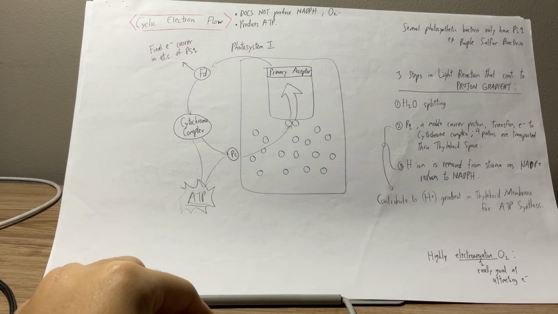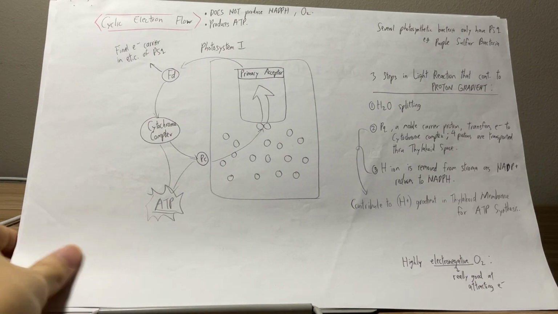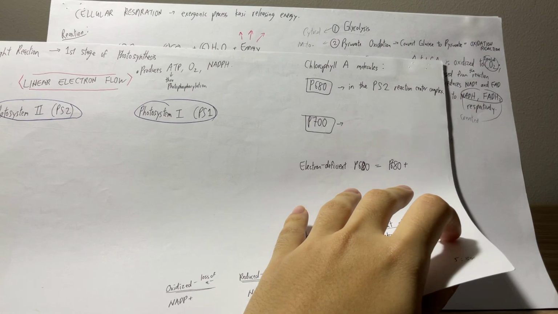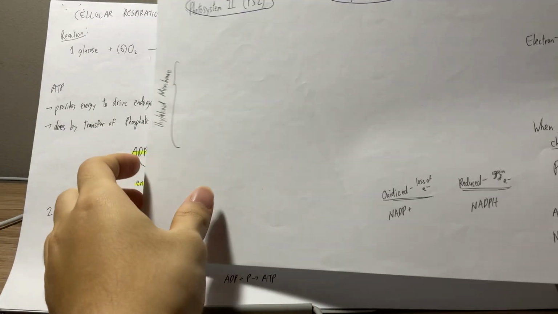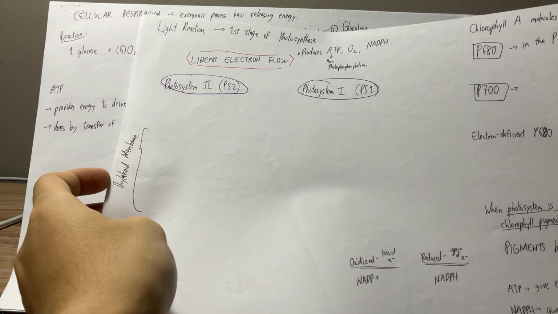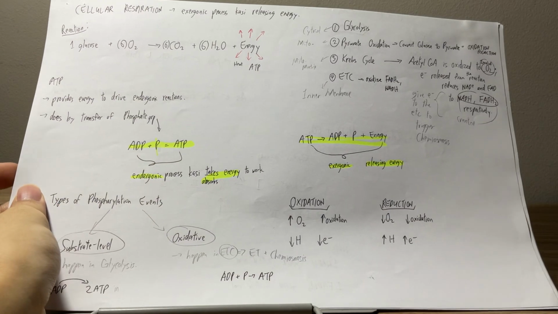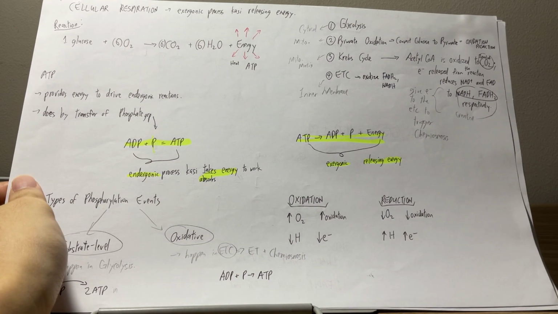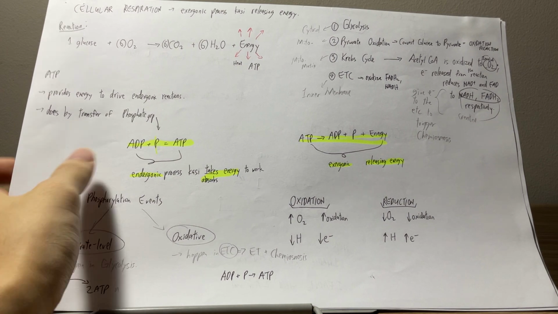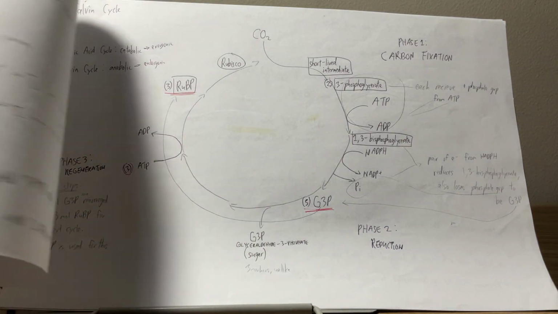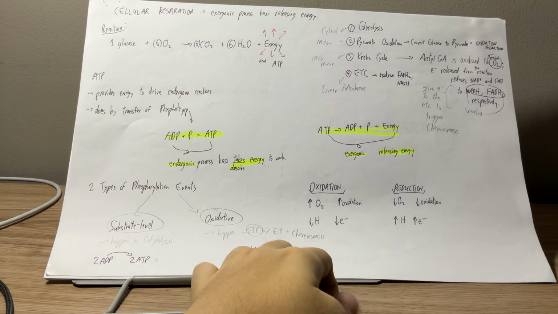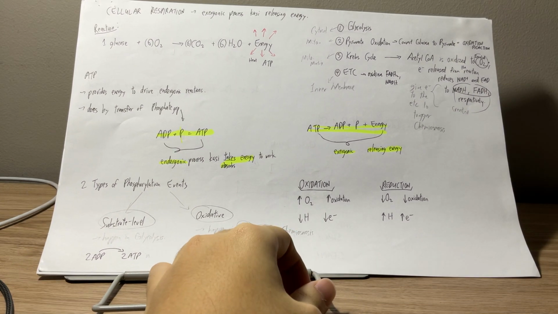Okay, what is this? Cyclic electron flow. I think we're talking about this in this page. Okay, you know, let's discuss this later. This is about plants: Calvin cycle and light reaction. What is this? Okay, let's talk about this one, although it's kind of redundant already, I've already discussed this.